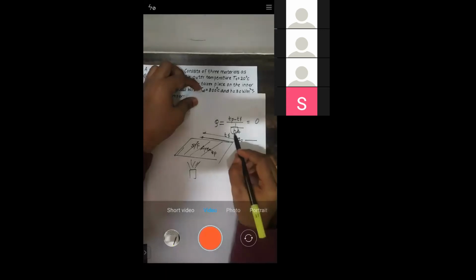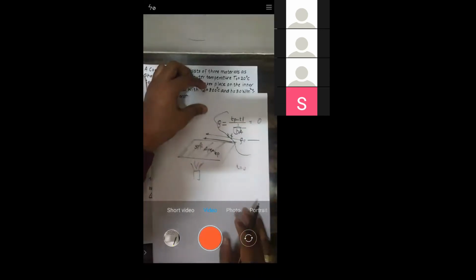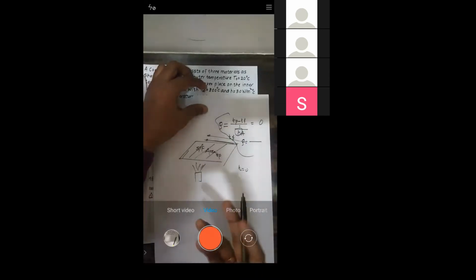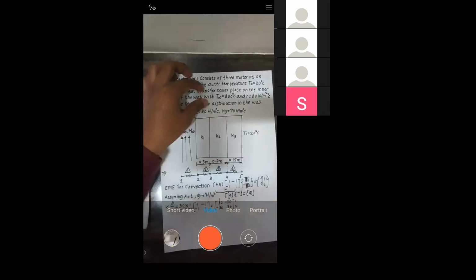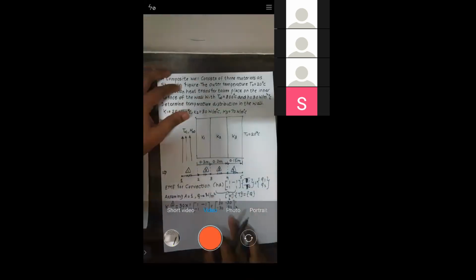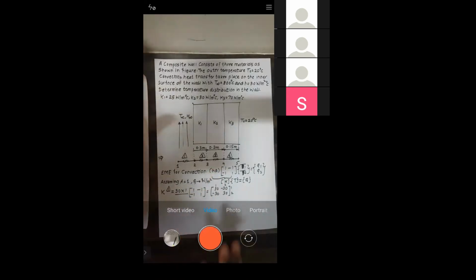Who says so? See, h will go into the numerator. Okay. h will go to the numerator. The denominator of the denominator will go into the numerator only. Okay, sir. Getting? Thank you. Okay. So I'm telling you, whenever there is a heat transfer coefficient, then only heat will be transferred by convection, otherwise not. That is a simple rule.